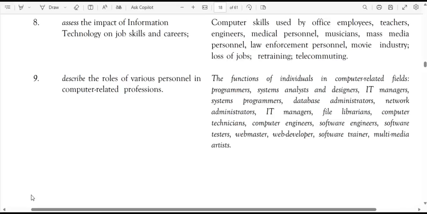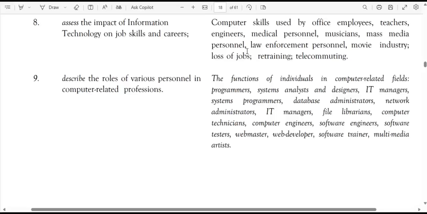While it has opened new career paths and improved efficiency, it has also led to job displacement and the need for continuous retraining. Now we're going to look at computer skills used by office employees, teachers, engineers, medical personnel, mass media personnel, etc. Modern office workers rely heavily on IT for daily tasks. That's true. So some common skills include